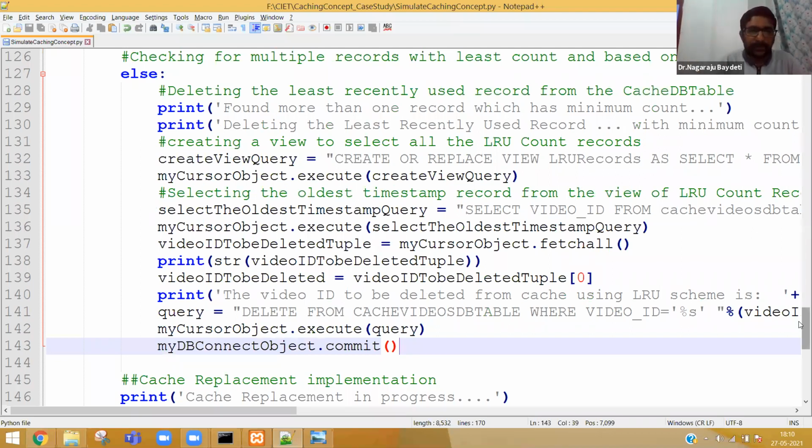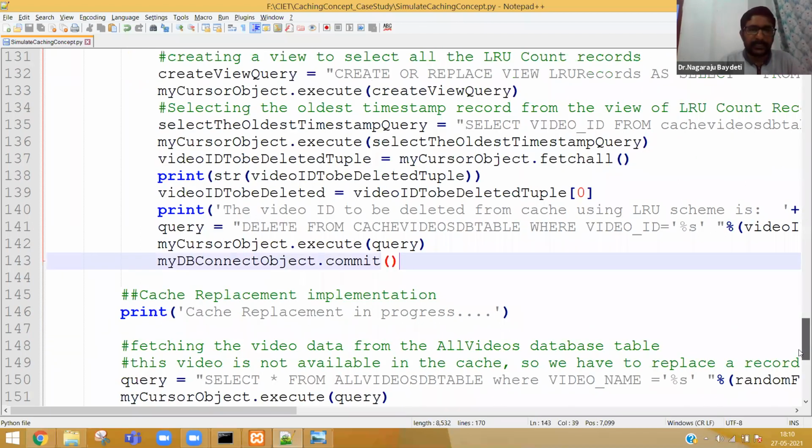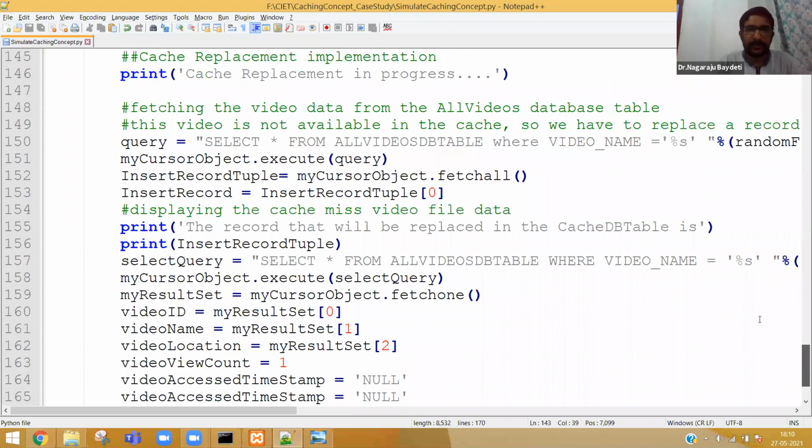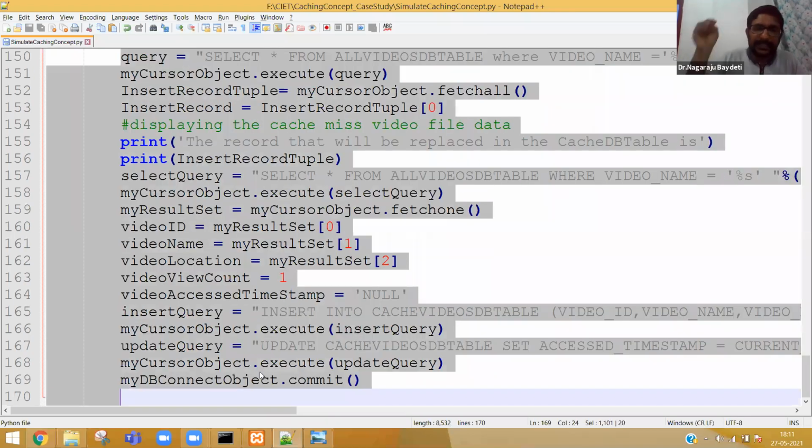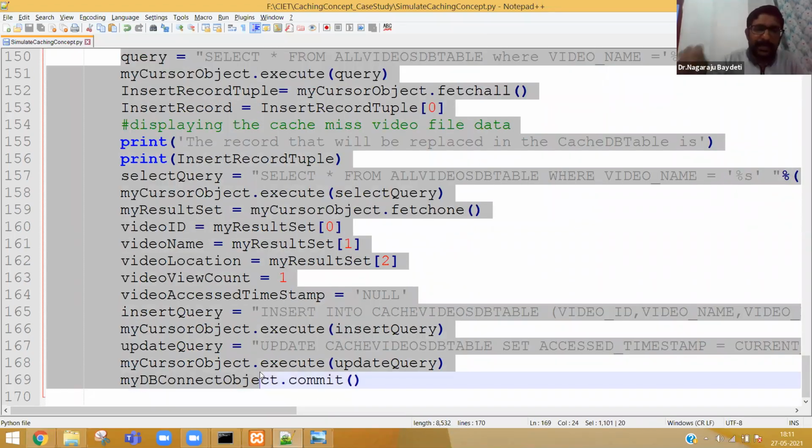After deleting, what do you have to do? This is common, which I already explained to you. We need to insert. One record is deleted from the cache, so the new entry should come. So line number 150 to 168 is exactly like line number 38 to 58. There is no change.